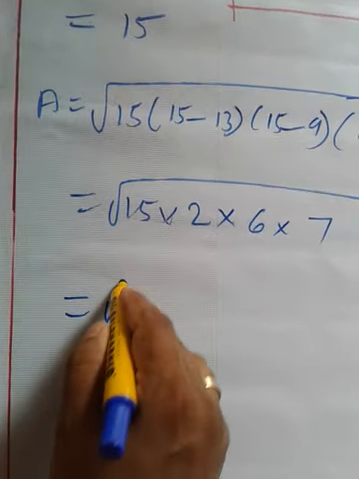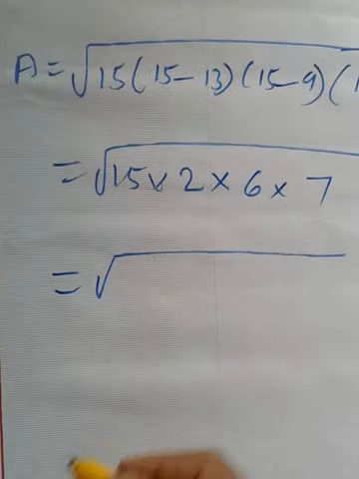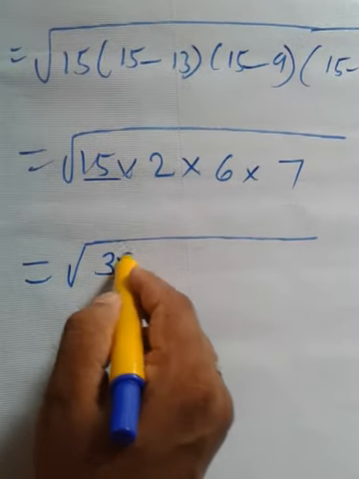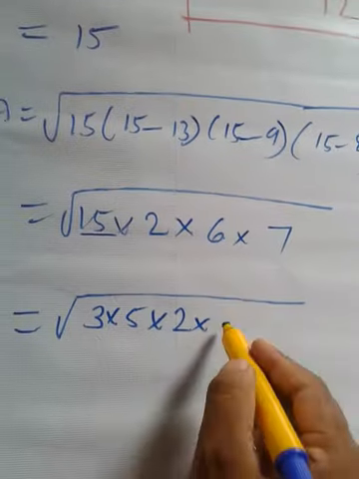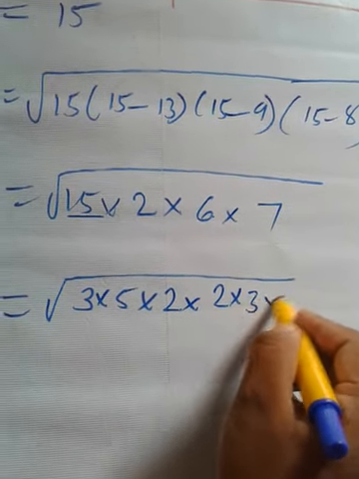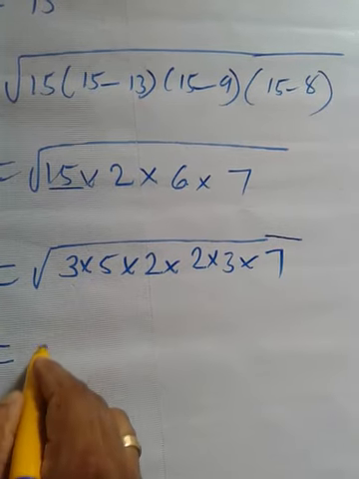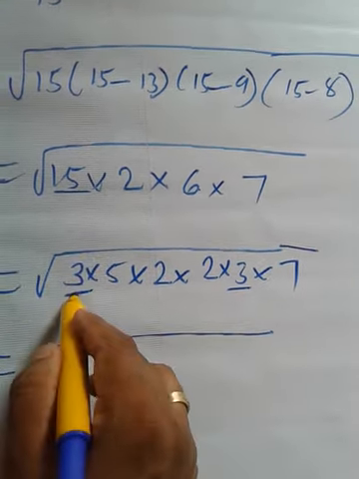And as I told you, if you want, you can multiply everything and calculate the square root. Otherwise you can use the prime factorization method. How can you prime factorize 15? 15 is nothing but 3 into 5, no? 2 as it is, it's a prime number. 6 is 2 into 3, and 7 is itself a prime number. And you can pair. See, one 3 is here, another 3. So when you apply square root of 3 into 3,